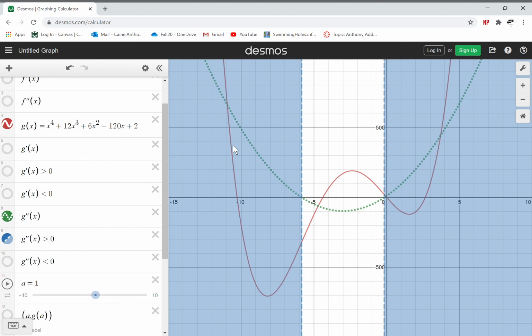Notice over here, the red line was decreasing, and now it's increasing. And all along, the second derivative was just positive. It has to do with the curvature. It's curved, it's a happy face. In white, it's a frowny face. By it, I mean the red line. The red line is now a frowny face. That's concave down. And that's when the green dashed line is negative. Okay, so